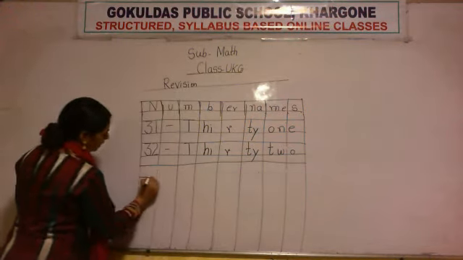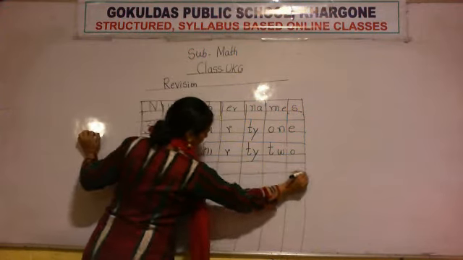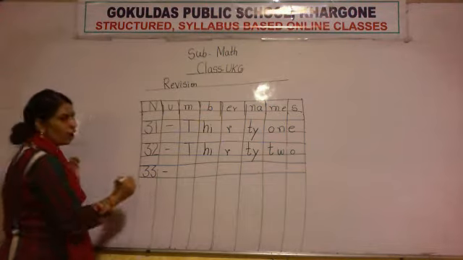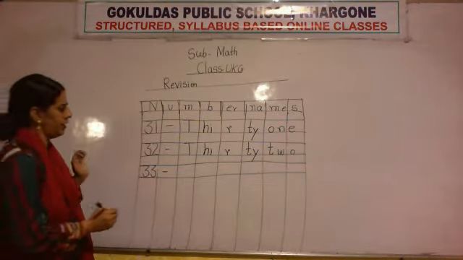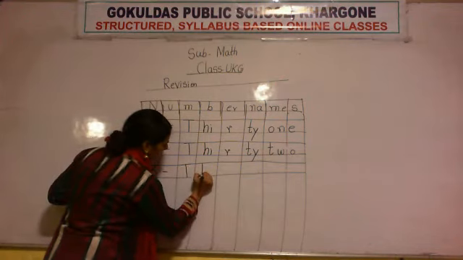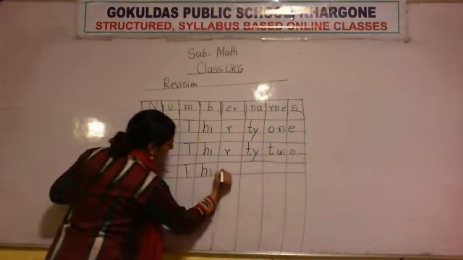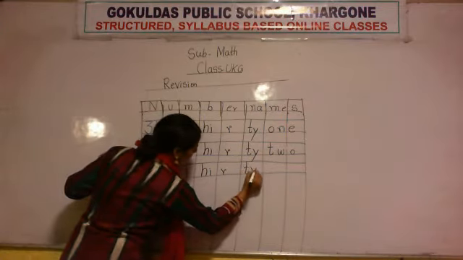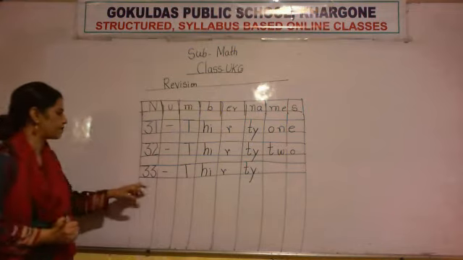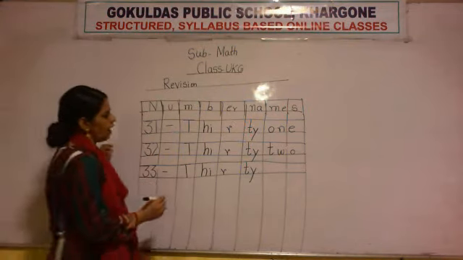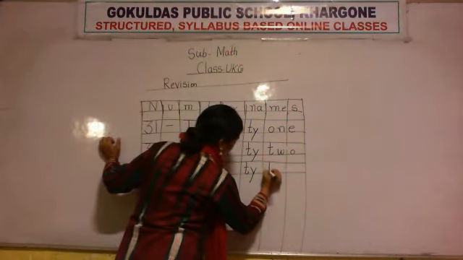Now we will write the spelling of 33. So 30 plus 3 is 33. Now I am going to write here the spelling of 33. So THIRTY, 30. And I have to write the spelling of 3 because 3 is written here. So after that I have to write here the spelling of 3.